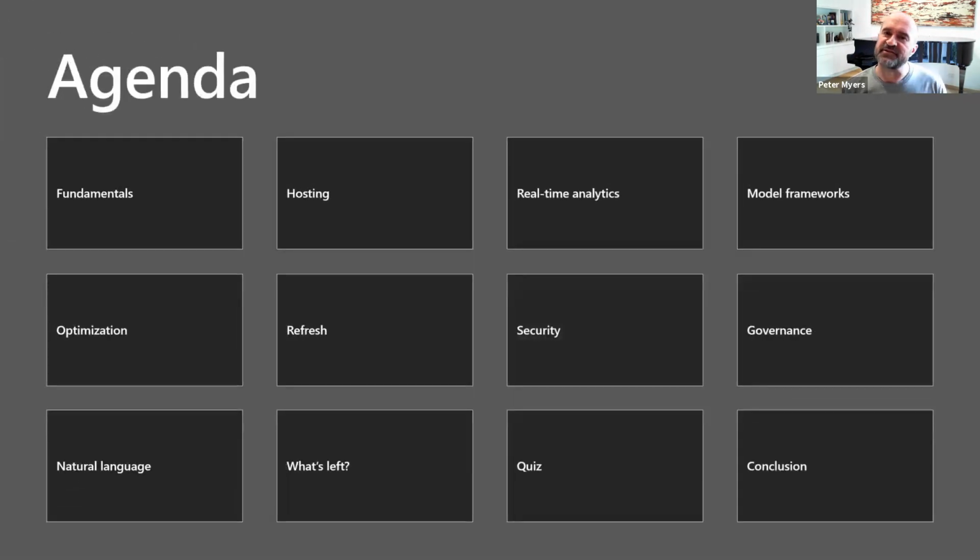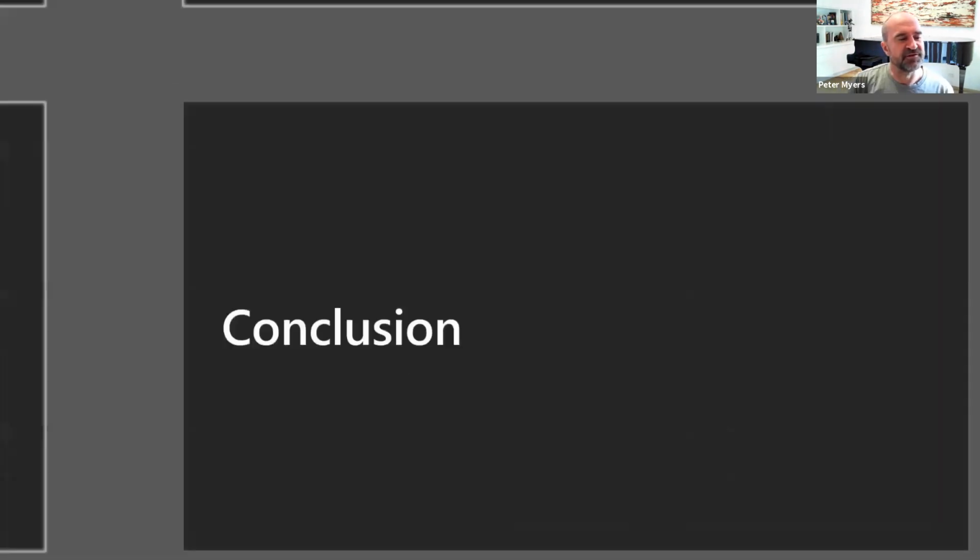I'm running a little out of time. So what I'm going to do is just cut to the conclusion, but this deck is available for download. So for governance, natural language, and a couple of other topics in what's left, you'll be able to read through them yourself. So I'll arrive at the conclusion,